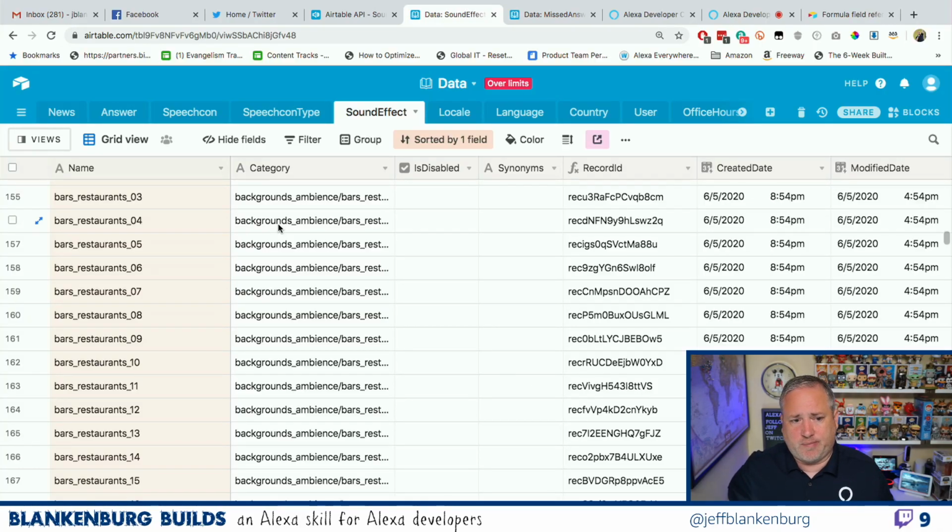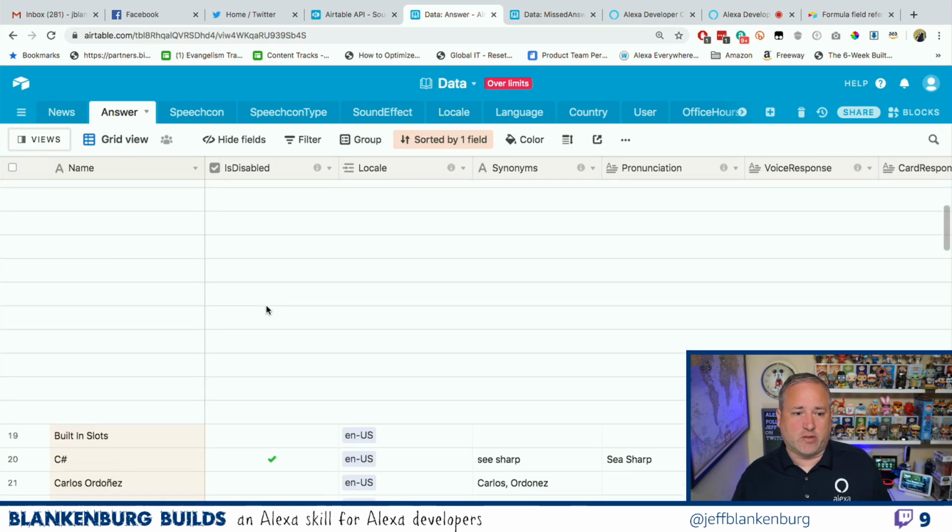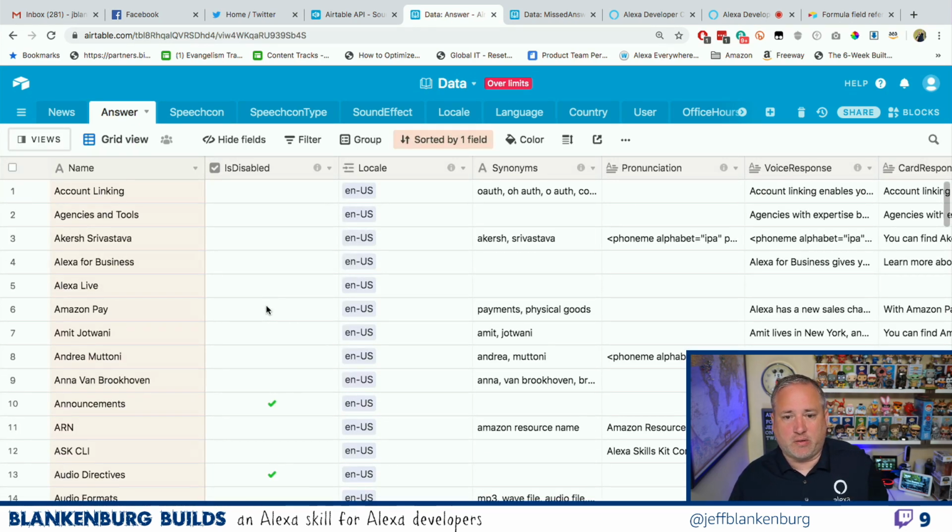In fact, anytime that I'm querying against the database and it's not specifically a record ID, but I want something else, what would be a good example of that? Give me a random answer, for example. When they just say, hey, give me something new, I filter this down so that I only pick things that the user hasn't picked before.